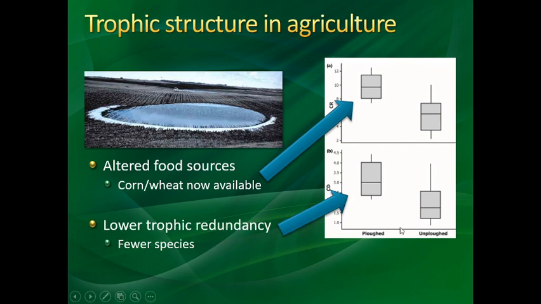And what we actually see is that there's fewer species. This metric here, the higher it is, actually means there's lower trophic redundancy. What that means is that there's not like backups. There's not a lot of different things eating the same thing. There's only a couple species, maybe one species that will be eating the food in a specific way. So there are certainly differences within the food web when we looked at agriculture, at least row crop